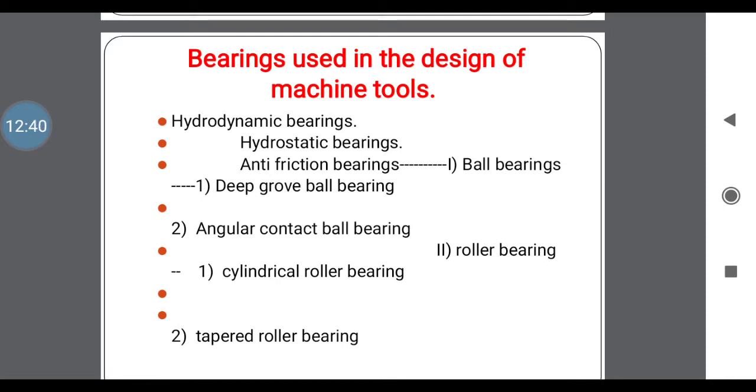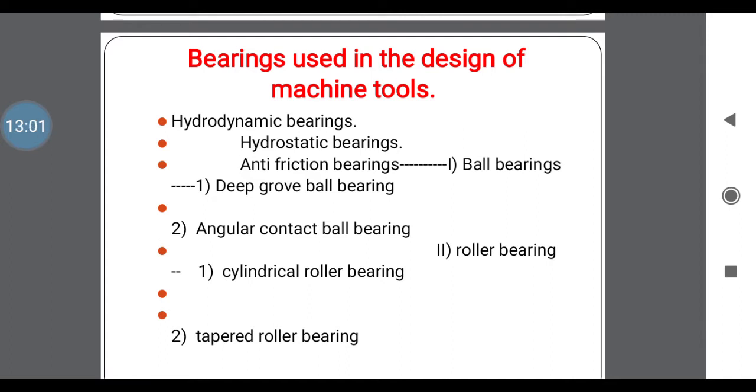In solid ball bearings, first one is the deep groove ball bearings. If you place the ball deeply on the groove surfaces, that is the deep groove ball bearing. Second one is the angular contact bearings. That is the same as a ball bearing. Here the contact between the bearing and the part providing support is an angular contact.